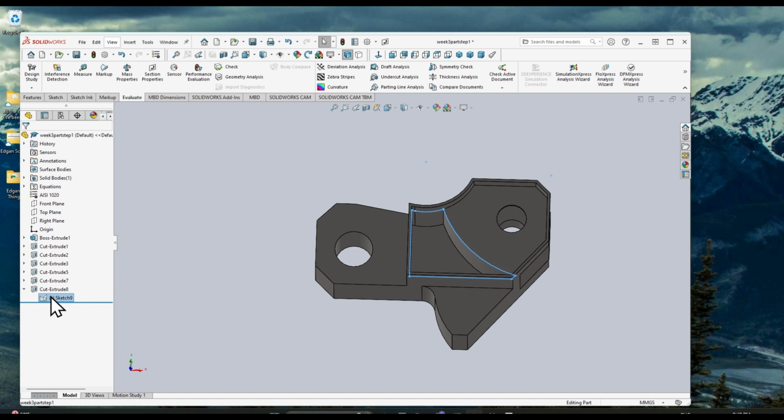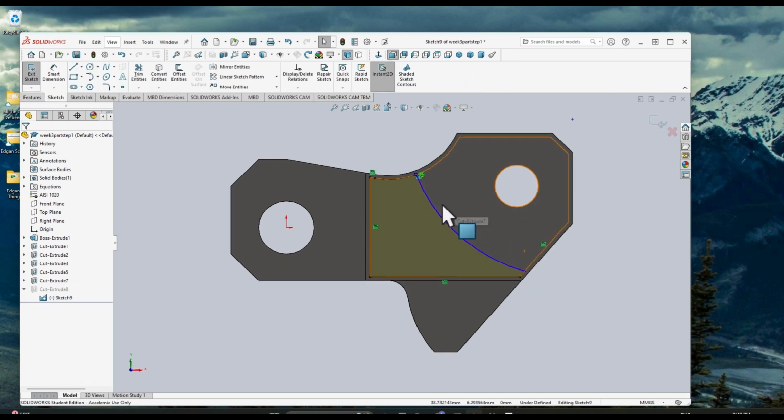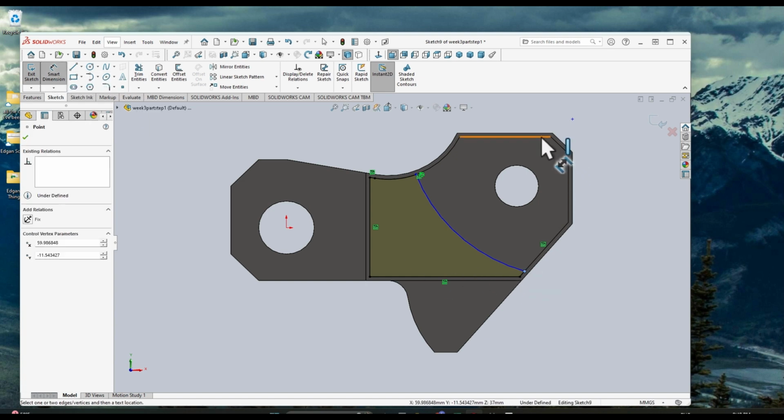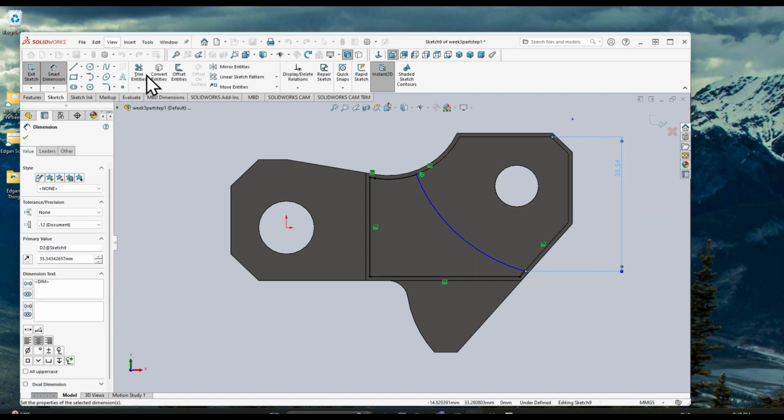So what happened in this sketch is I used it to convert entities off of that other line that was here, but then when I deleted that other line, it turned this one blue, because that's how SolidWorks knew where this one existed in 3D space, was because of that other line. And because I deleted the other line, it no longer understands where this line is in 3D space. So I think by just adding the 2 dimensions that we had to add to the other one, and just putting a radius back on it,